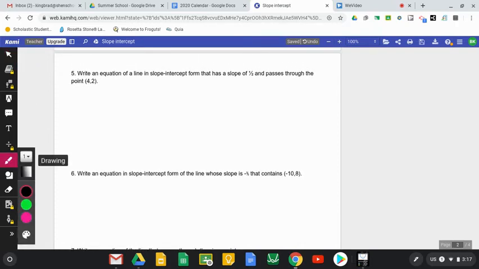All right, here we go. Write an equation of a line in slope-intercept form that has a slope of 1/2 and passes through the point (4, 2). So again, I'm going to look at that y equals mx plus b. So I have a slope, which is m, but it passes through the point (4, 2). So that's not my b. However, this is an x and a y coordinate. So I can substitute these in for x and y over here, and m, to find what